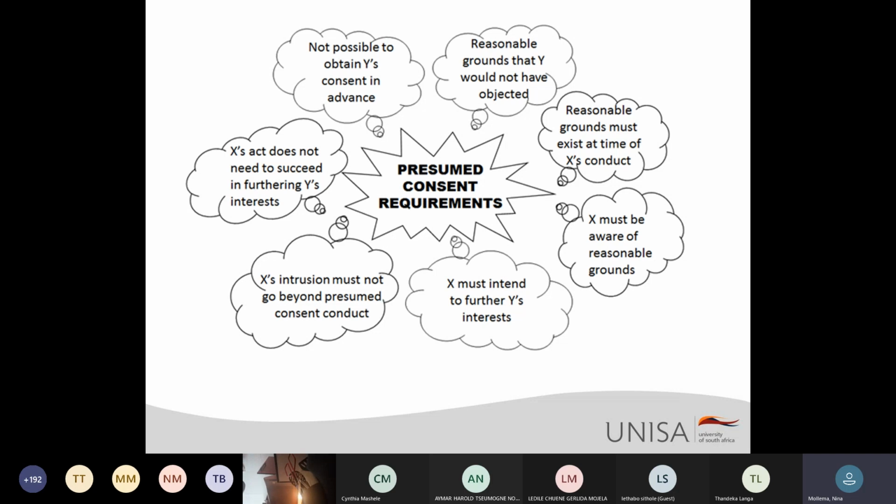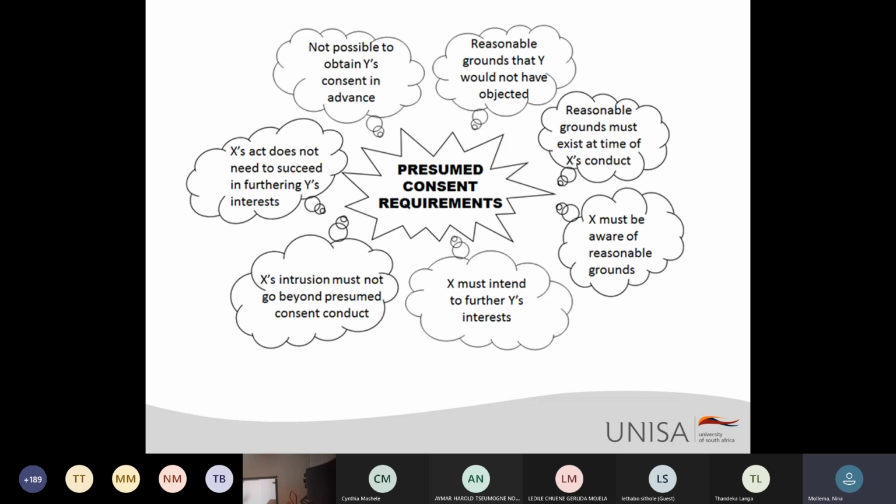Now, the presumed consent requirements are quite logical. The first one is that there must be reasonable grounds that Y would not have objected. If a person is lying on life-saving machines, with no brain function, and they presume that Y would not have objected to having the machine switched off, there must be reasonable grounds. If Y has put in their will that in such situations the machines should not be switched off, there will not be presumed consent. The reasonable grounds must exist at the time of X's conduct,